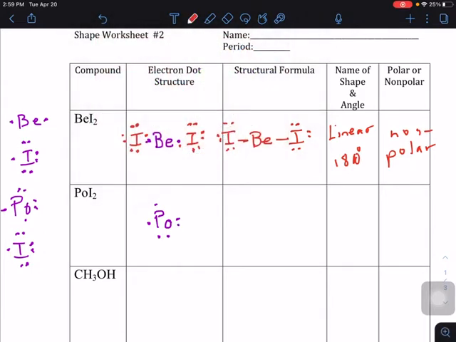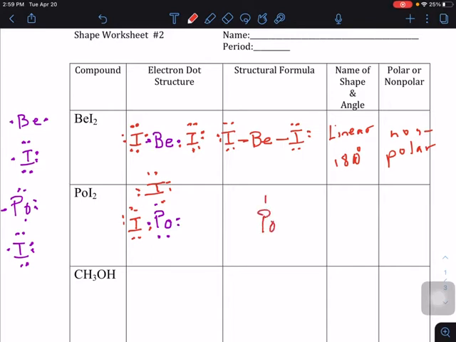And then iodine is going to match up. Remember, no single dots. Single dots want to create bonds. So it creates a bond here with iodine. 2, 3, 4, 5, 6, and 7. And it creates another one. 2, 3, 4, 5, 6, and 7. Okay, so that is going to look like